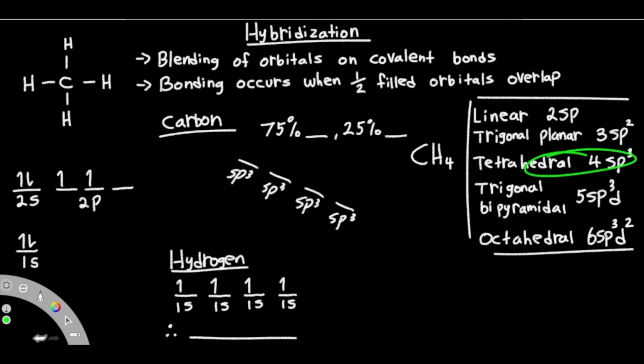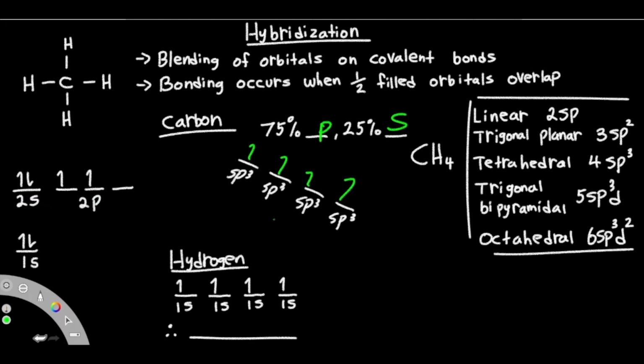So because we're dealing with a tetrahedral, this is a 4sp3, which means we have 4 sp3 orbitals. So we're going to draw 4 of them, and each one's going to be labeled as an sp3. sp3 just means if there's 3 p's, that means 75% of it is p and 25% of it is s. Now that we can do the carbon, all 4 of these valence electrons are going to be in play, so that all 4 of these hydrogens can be in play as well. All 4 of these are going to be